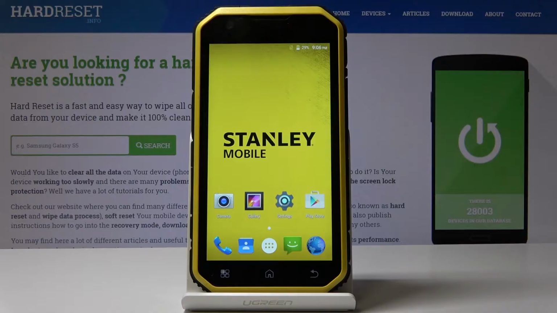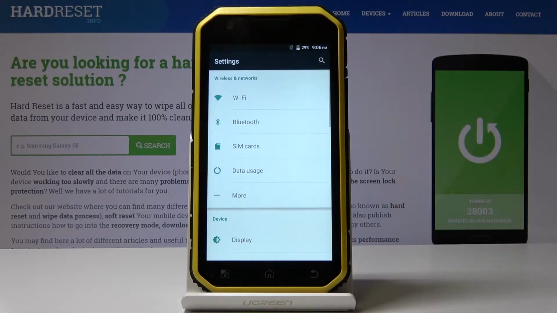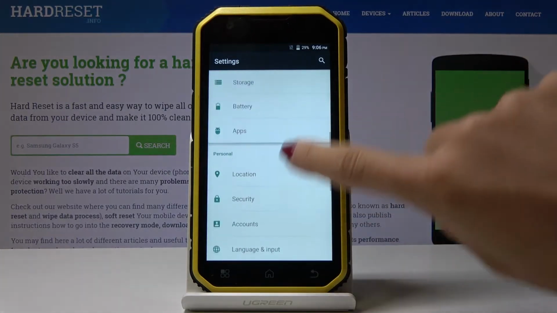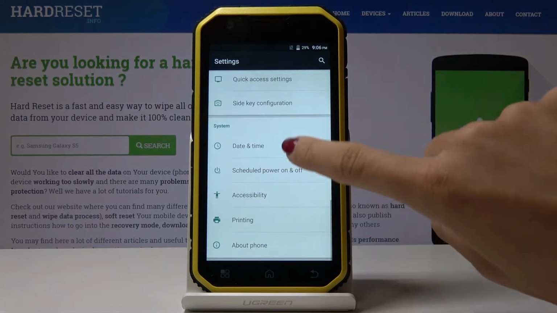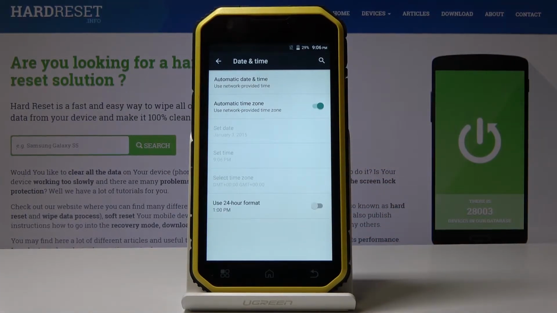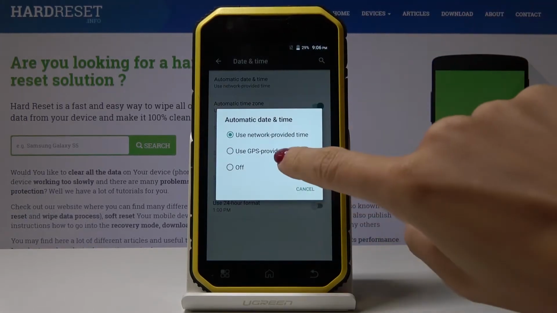Here I've got Stanley S241 and let me show you how to update the date and time on the following device. So at the very beginning you have to select the settings, then scroll down, find and pick date and time, and here you can either have an automatic date and